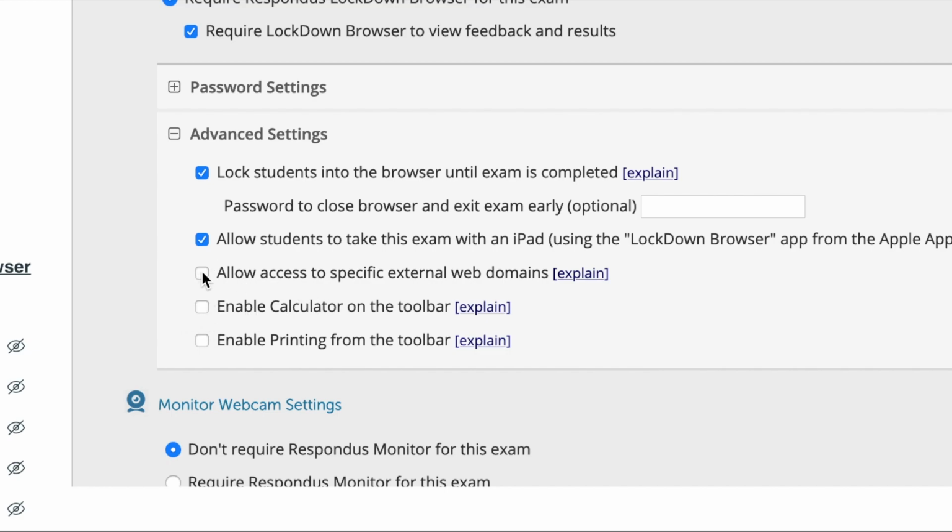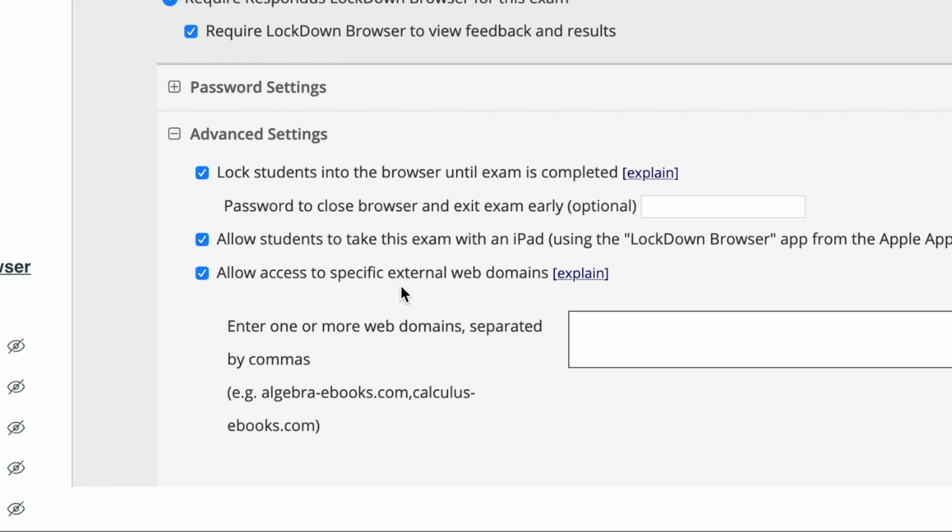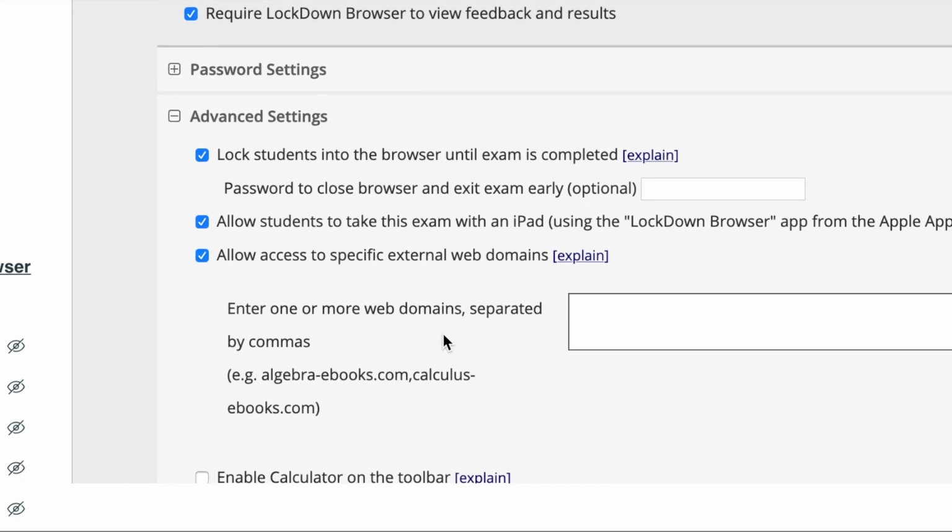You can allow access to specific external domains, okay? Let's say you want them to be locked in the quiz, but they're going to use some financial engineering or engineering econ tables. So you can give them the specific website. Let's say we're giving them access to YouTube. When you write this, if you need multiple websites to be allowed to students, then separate them by commas. Okay,